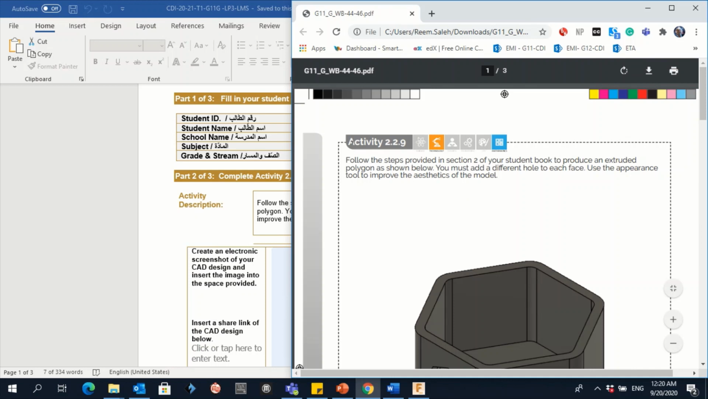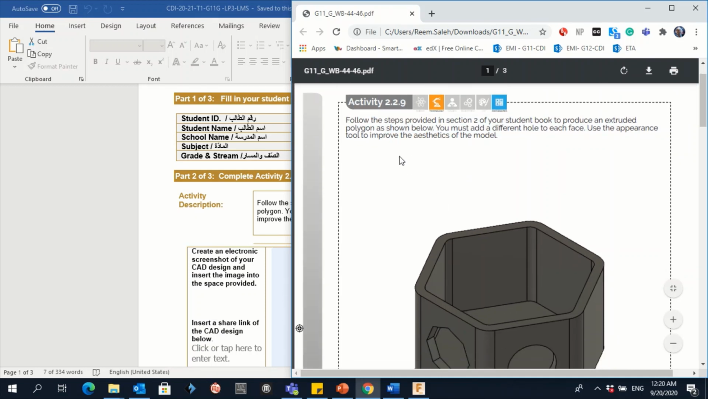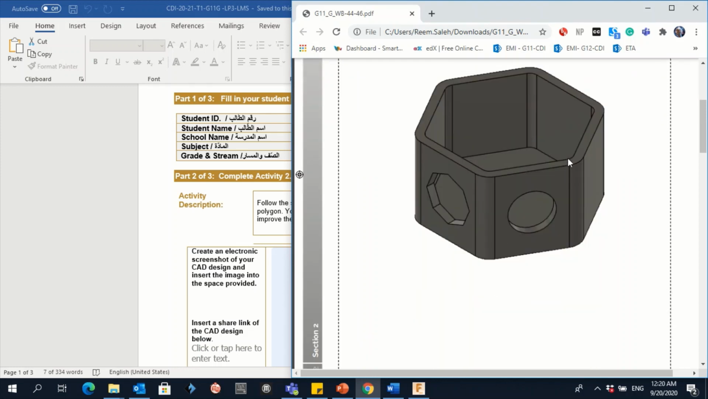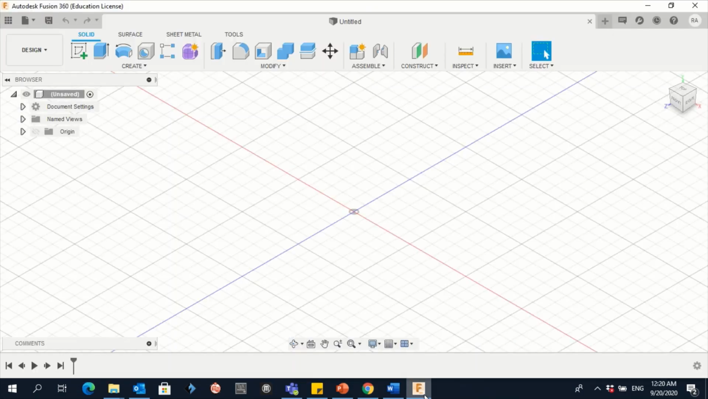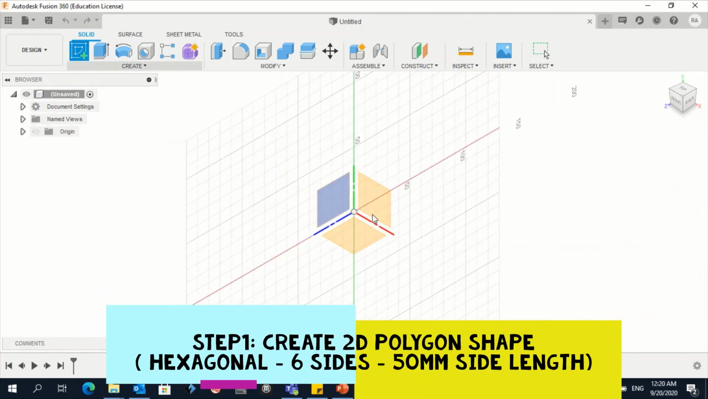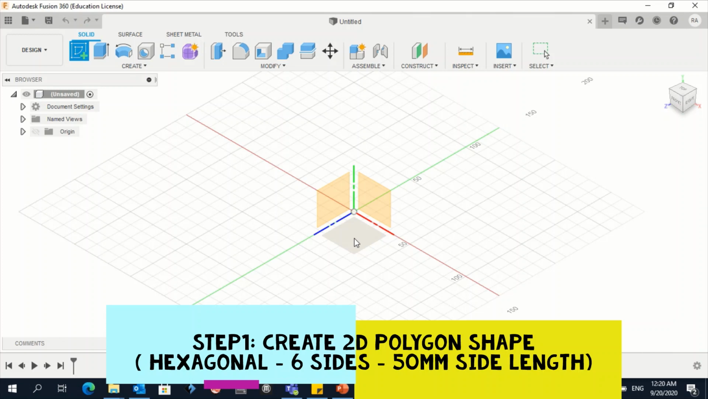So this is the question in your book. You have to follow the steps to create this polygon. So let's get started. Go to Fusion. You have to start with create sketch. Start from this plane,